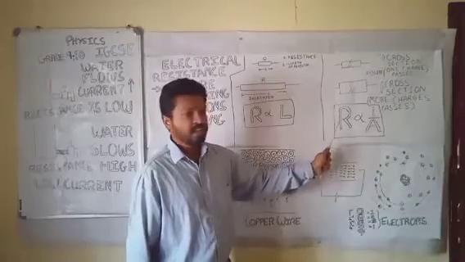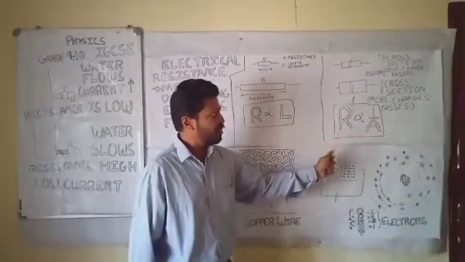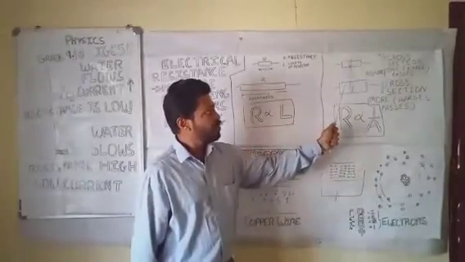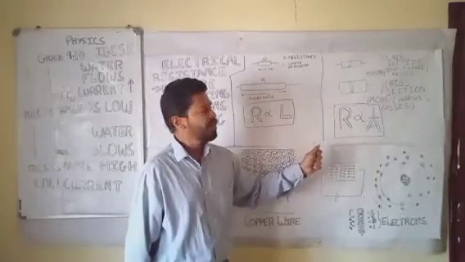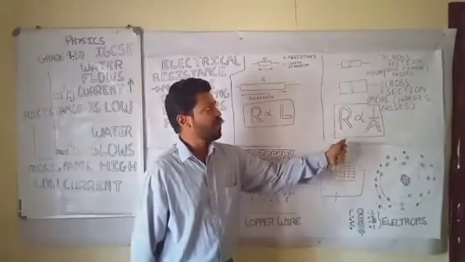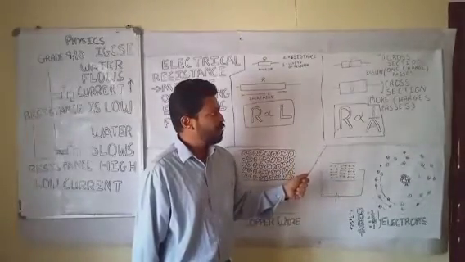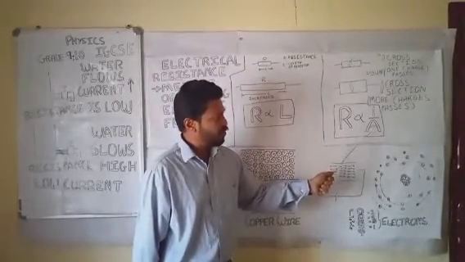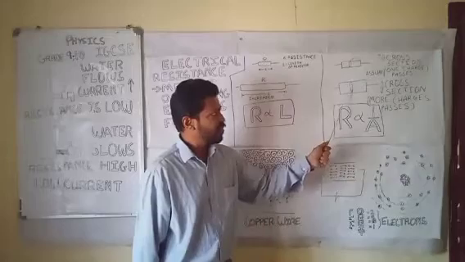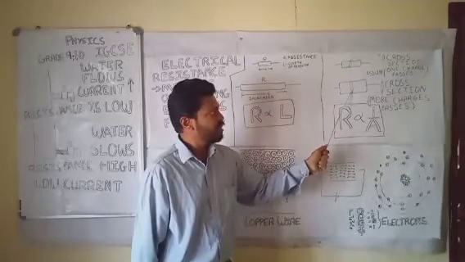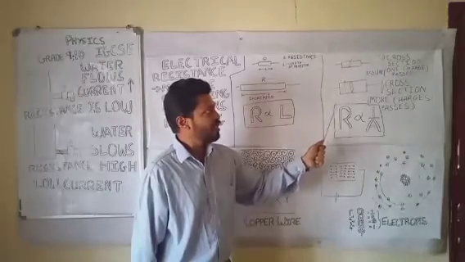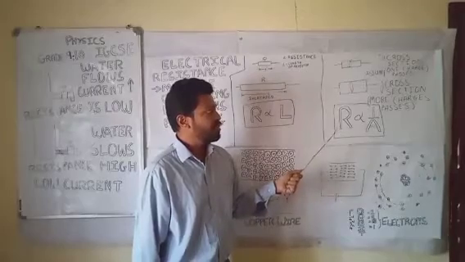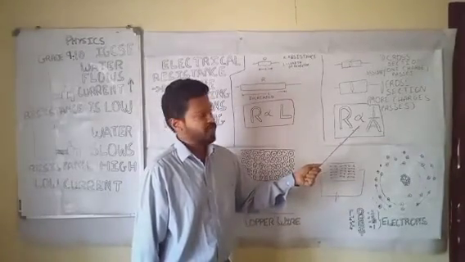If the cross section area increases, suppose this big resistor is taken and you cut it into two halves. So compared to this cross section area, this cross section area is more, right? What happens is that more number of charges will pass through this cross section area. So what is happening is that R is represented by the resistance and it is inversely proportional to the cross section area. You can see the cross section area increasing out here. So resistance is inversely proportional to the cross section area.